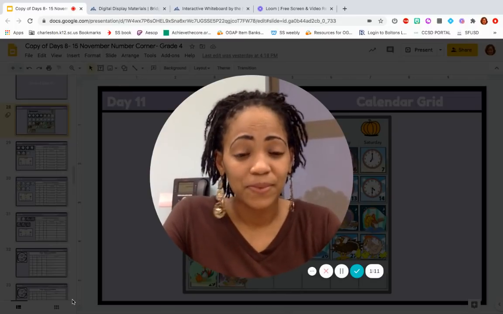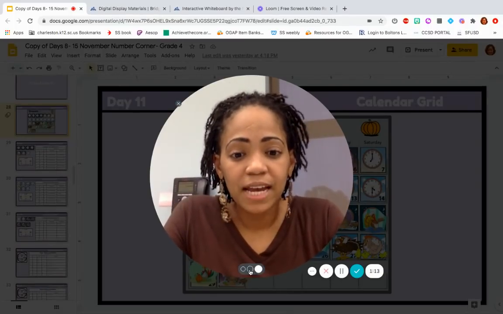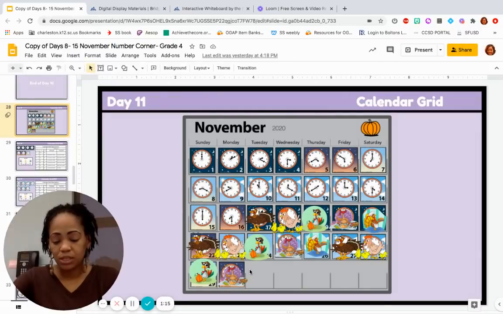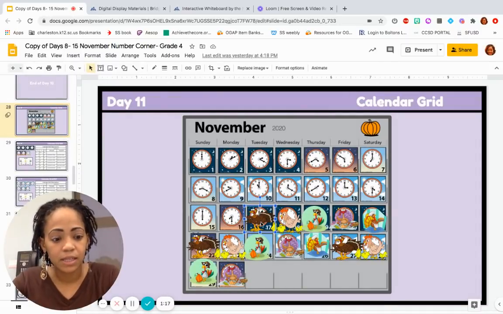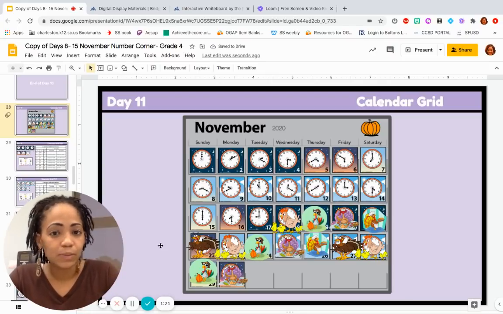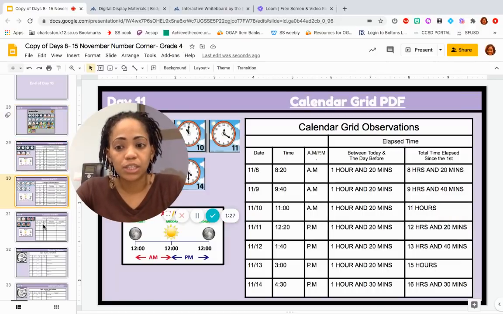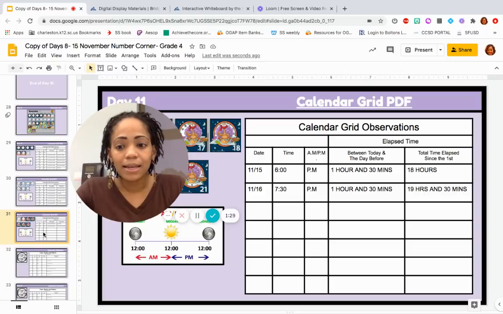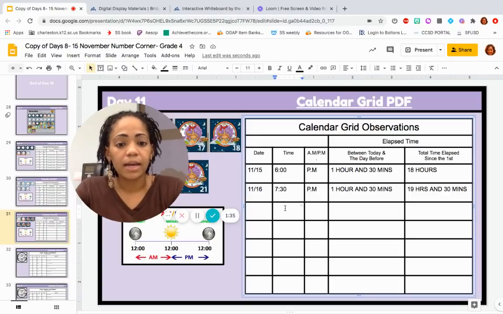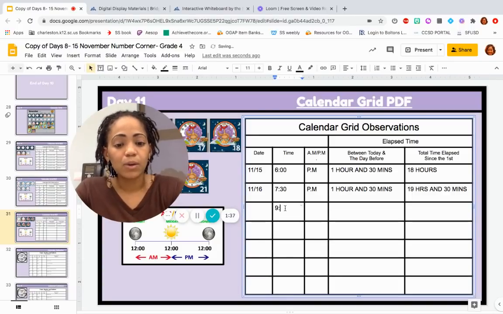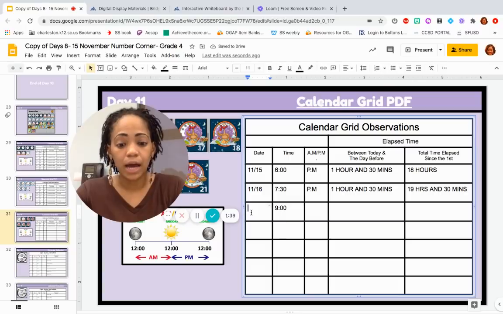You with me? All right, so I'm going to very quickly show you today's date, which is the 17th. And you can see the clock right there. Hopefully you very clearly see what time it is. And I will update that on our recording sheet. Then you know that today is the 11th day of Number Corner, and I am going to add another cup